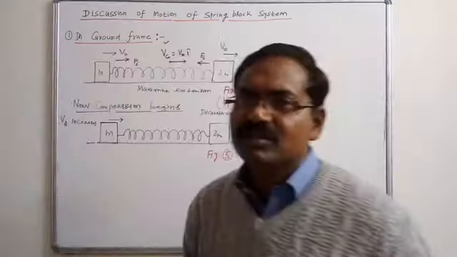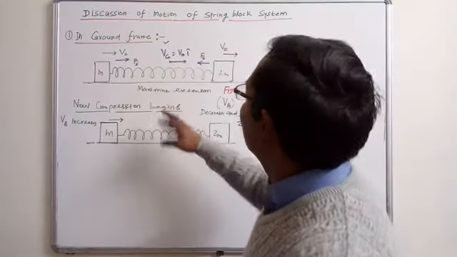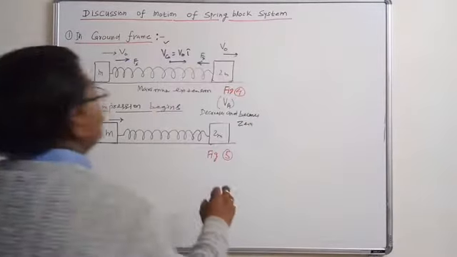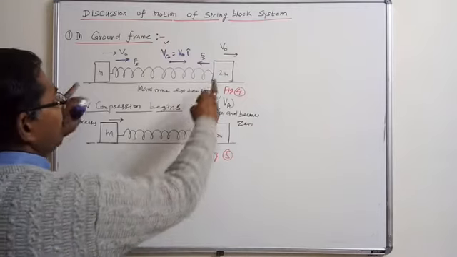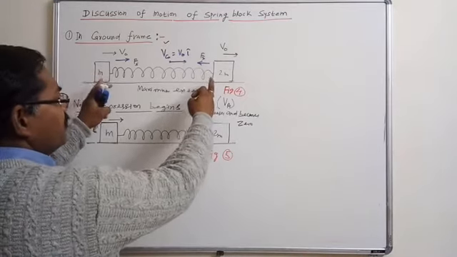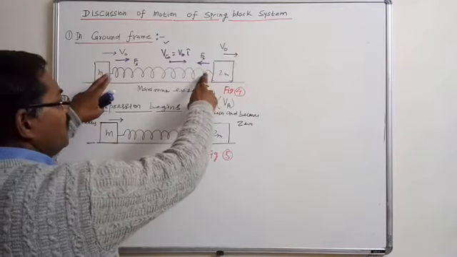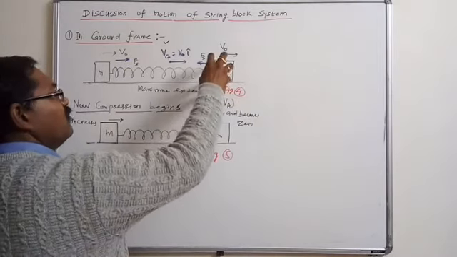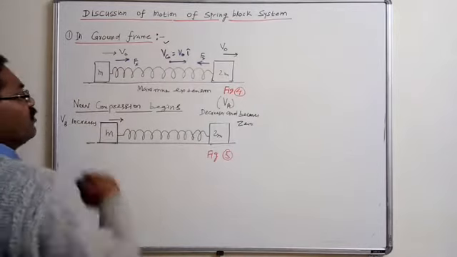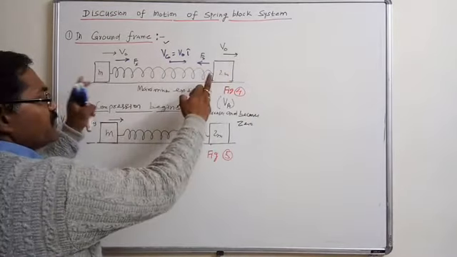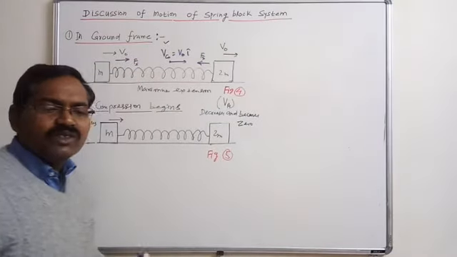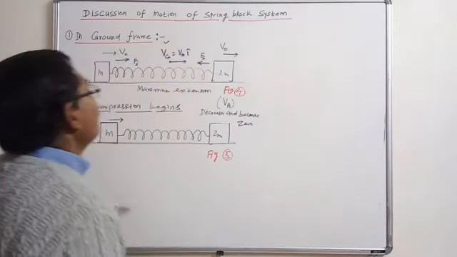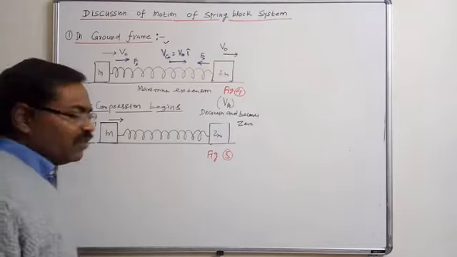Now what would be the next figure? Now in figure 4, the velocity of both the blocks becomes equal at the time of maximum extension. Means at this moment we can consider that the length is fixed, momentarily there is no further separation between the two blocks, hence there should not be any relative velocity. Therefore the velocity of block A as well as block B will be equal to that of the center of mass. Means this point and the center of mass point will be moving with the same velocity, because if separation is